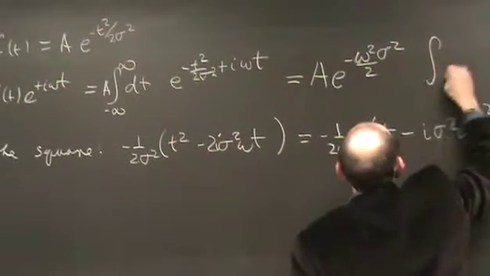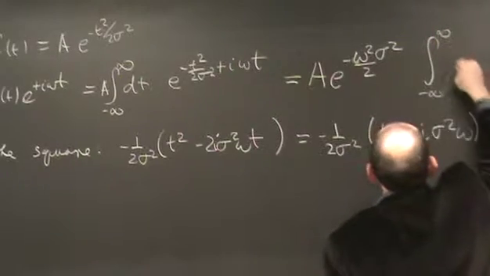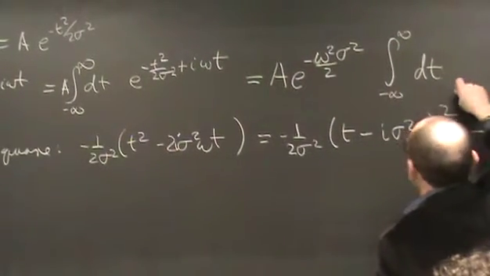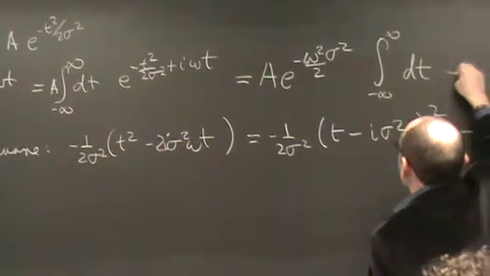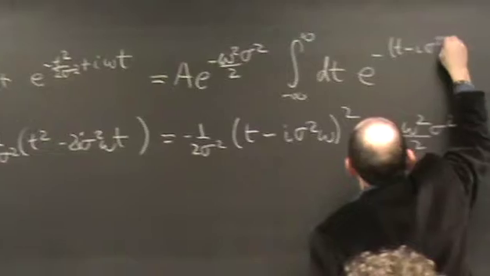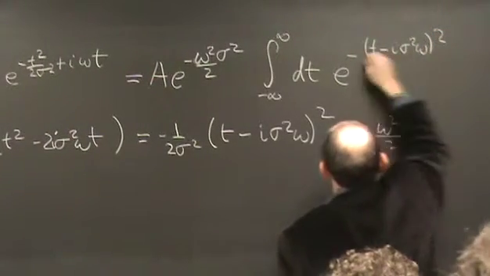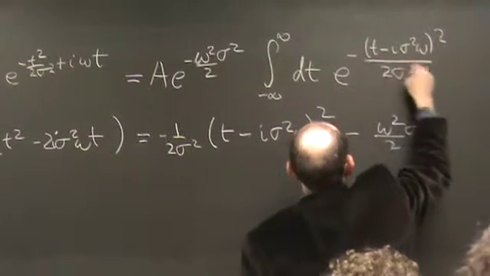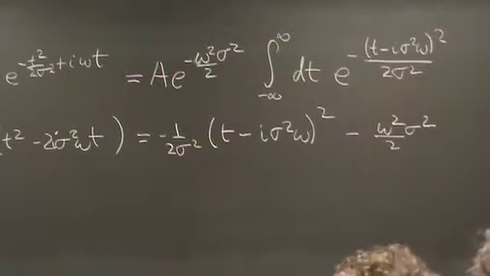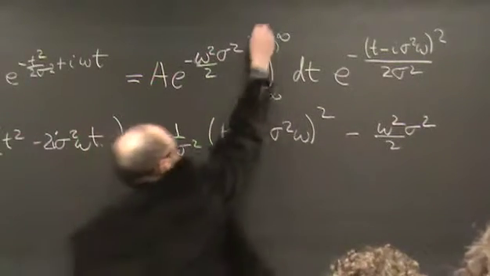And what's left is the integral dt e to the minus t minus i sigma squared omega squared over 2 sigma squared. Okay? And this integral,